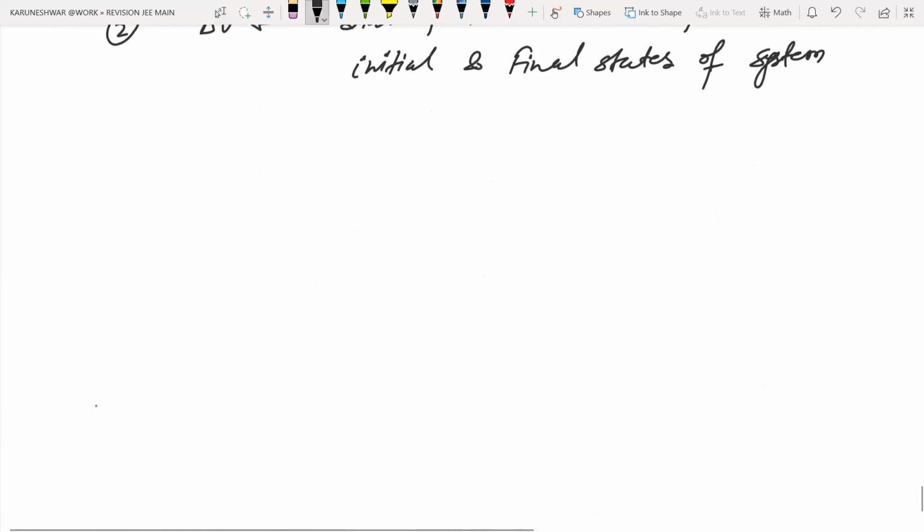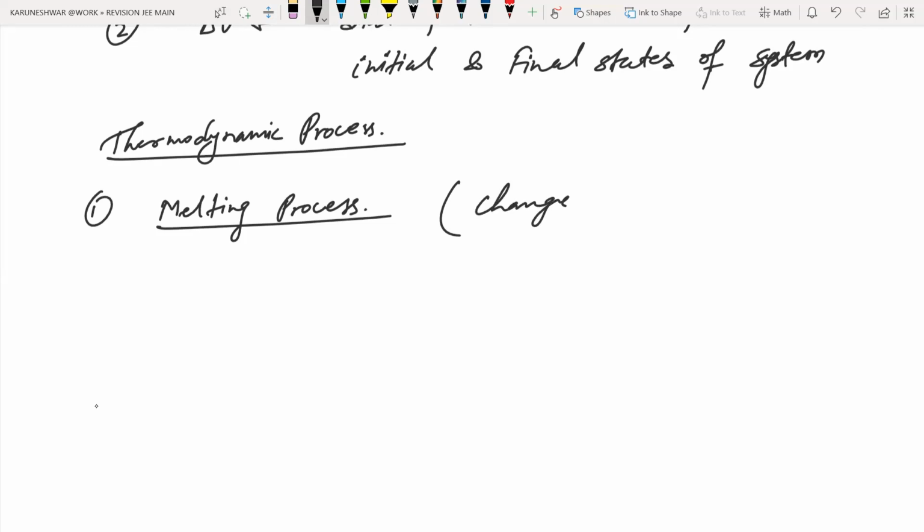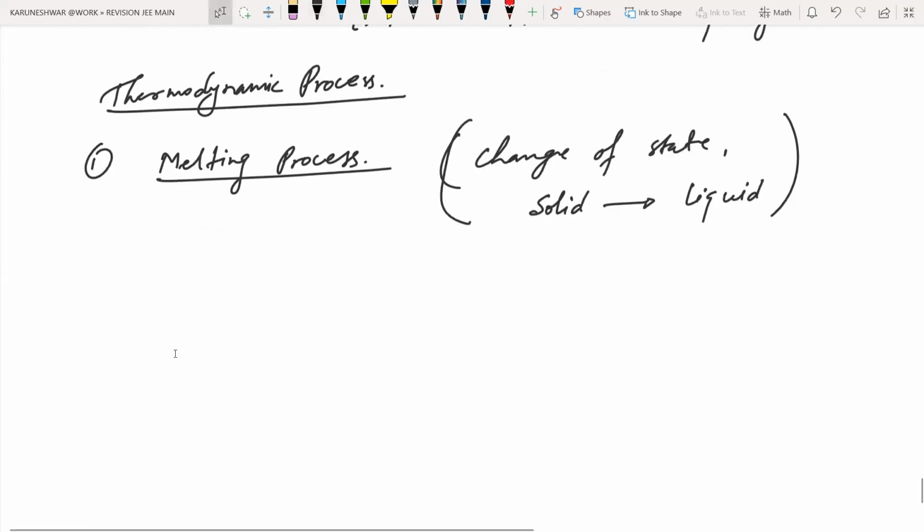अब आते हैं थर्मोडायनामिक प्रोसेस पे। यहाँ से स्टार्ट होता है कौन कौन प्रोसेस है आपको थर्मोडायनामिक्स में। थर्मोडायनामिक प्रोसेस में सबसे पहला प्रोसेस हम लोग देखते हैं मेल्टिंग प्रोसेस। मेल्टिंग प्रोसेस के बारे में हम जानते हैं कि जब भी मेल्टिंग होगा तो यहाँ पे स्टेट का चेंज होना जरूरी है। तो यहाँ पे चेंज ऑफ स्टेट होगा, और मेल्टिंग हो रहा है तो ऑब्वियस सी बात है सॉलिड से लिक्विड में जाएंगे। ये स्टेट जब भी चेंज होगा इसको मेल्टिंग बोलते हैं।